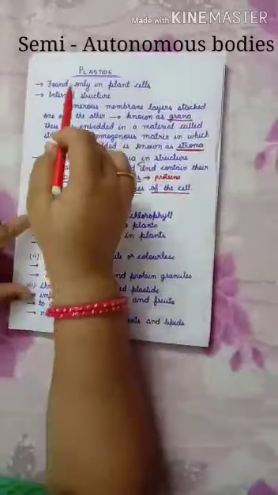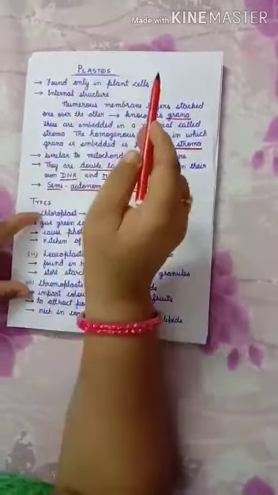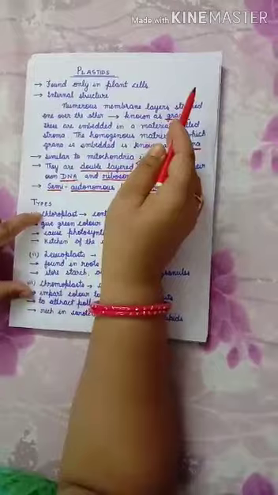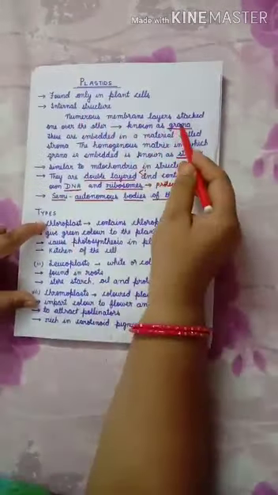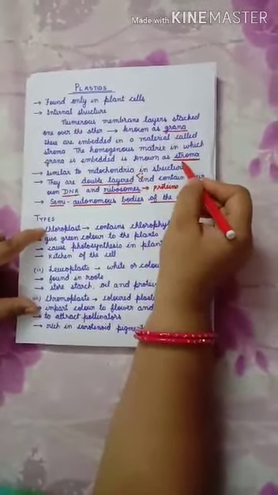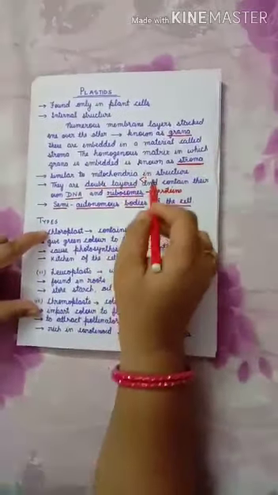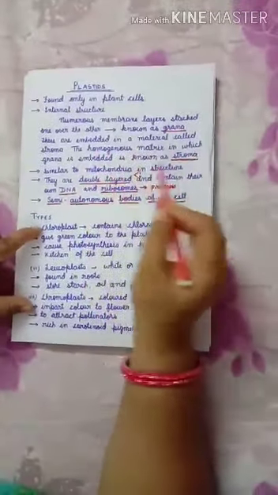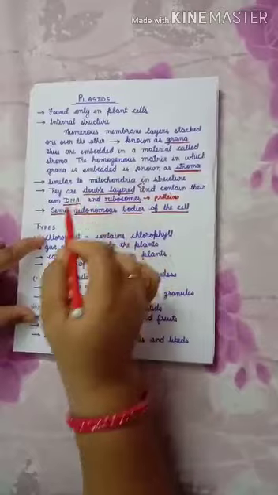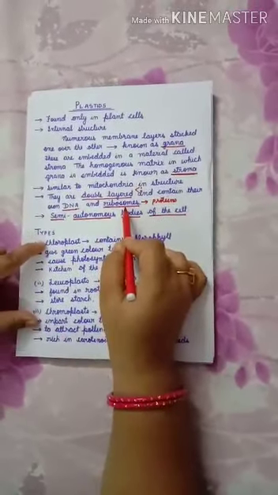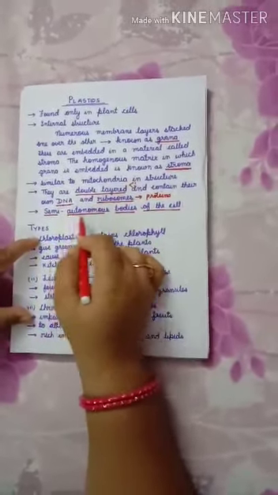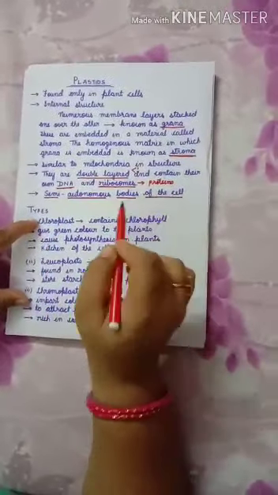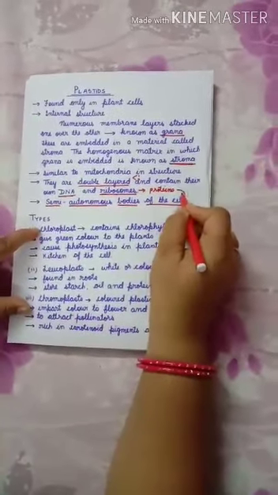So students, this is a very important cell organelle and it is generally found in plants, and its structure is that it contains grana embedded in stroma, and it is very similar to mitochondria in structure. It is double layered, it contains DNA and ribosomes, and that's why it is also known as a semi-autonomous body of the cell, because it is able to synthesize some of its proteins.